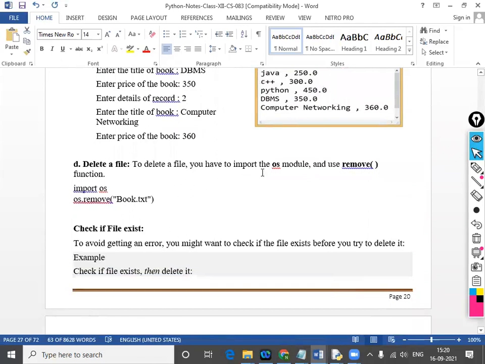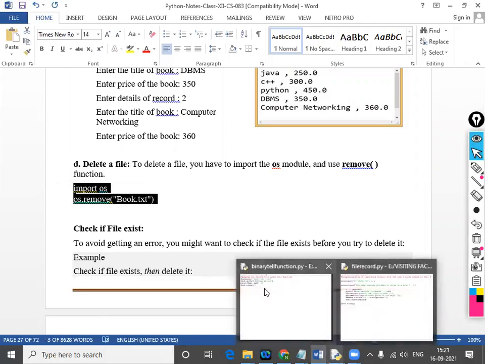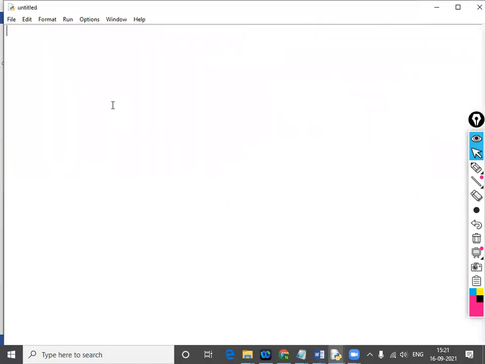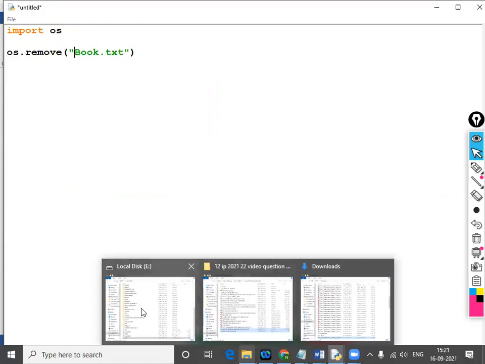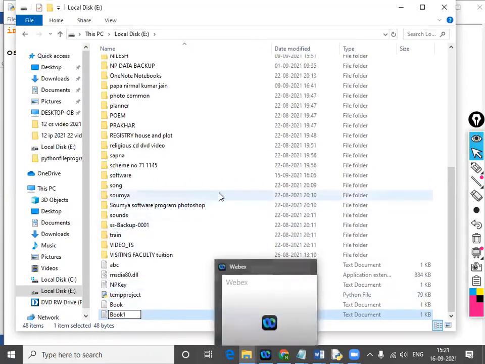To delete a file, you have to import the os module and use the remove function. If it works or not, I don't know, because we have not operated OS functions previously. I'll create book one and write it here. Book one.